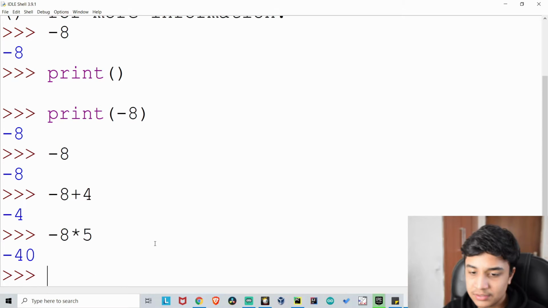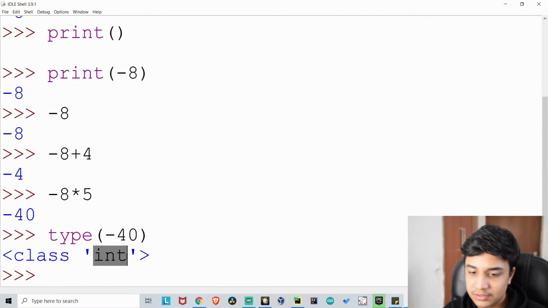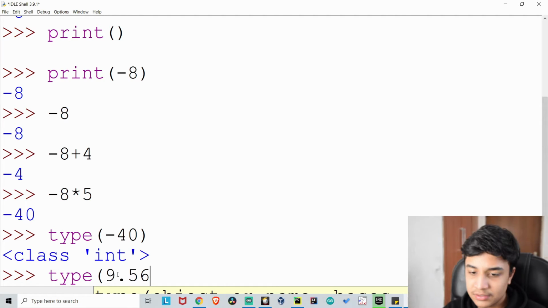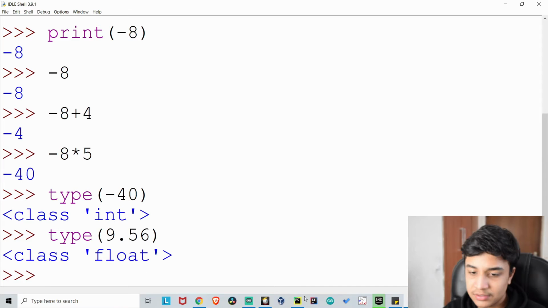Now if you want to check what it is, there is a function which is type, and then these parentheses. In the type part we can get what value it is. So for -40, I will write -40 and then click enter. Then see, it is returning an int. And if I use a float, the decimal, I would say 9.56, close this bracket, and then this is returning a float, as I have taught you. This is what decimals are. So these are some basic things. So type is a function which is used to give you the type of data.